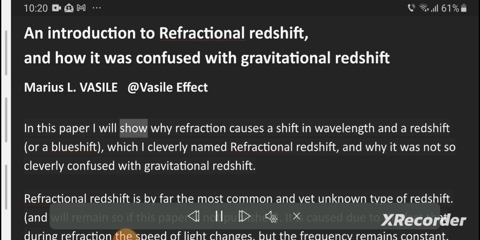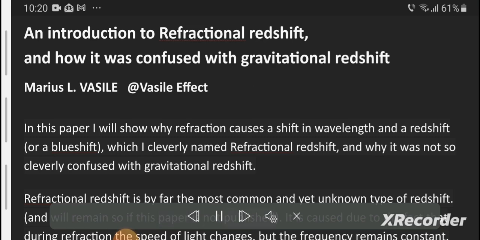In this paper I will show why refraction causes a shift in wavelength and a redshift, or a blue shift, which I cleverly named refractional redshift, and why it was not so cleverly confused with gravitational redshift. Refractional redshift is by far the most common and yet unknown type of redshift, and will remain so if this